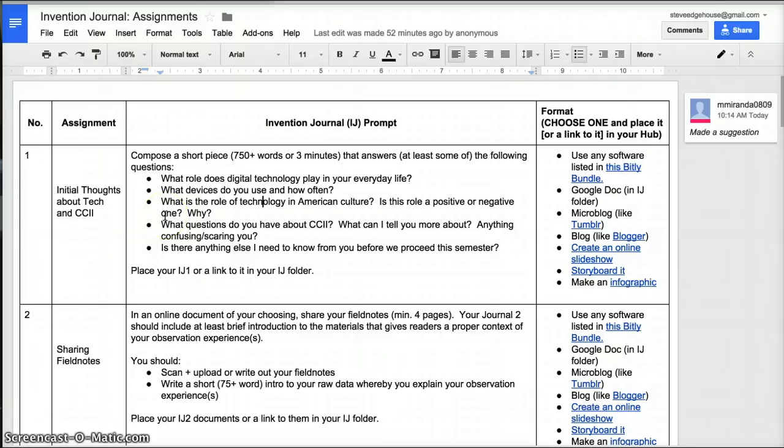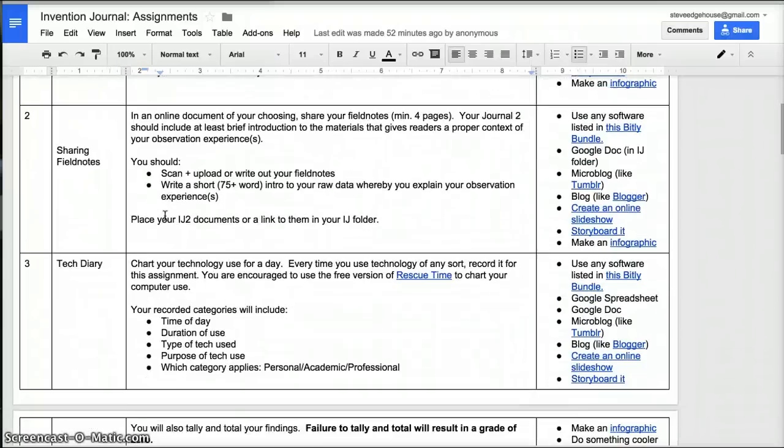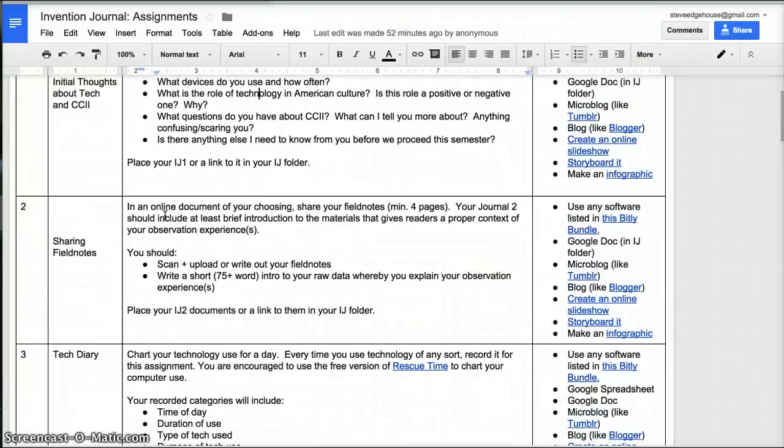But then looking at more broadly, what's the role of technology in American culture? Is this role a positive or negative one? And why do you think that? And then any questions you have about College Comp 2, what can I tell you more about, anything scary or confusing. And you can look here, I've gone far ahead and created all of your